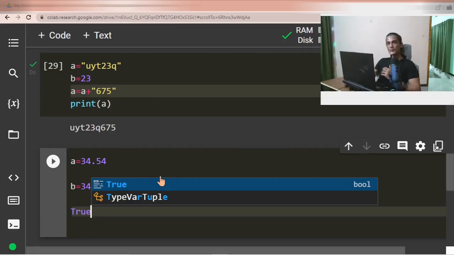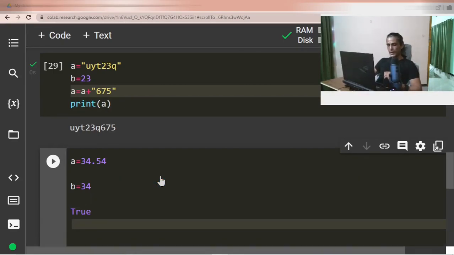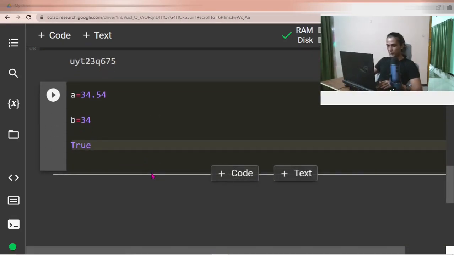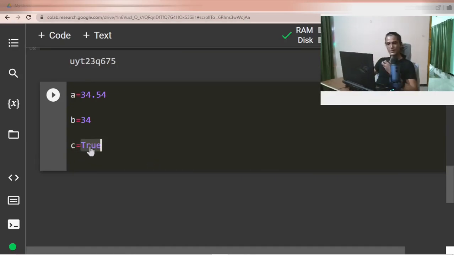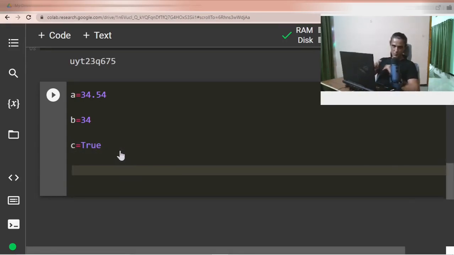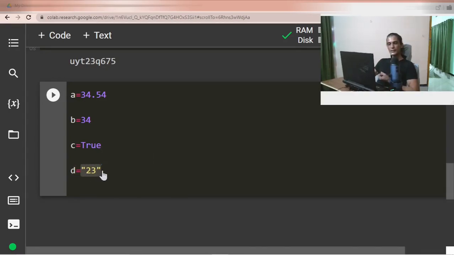This type is called the Boolean data type. And again, for example, if you write c is equal to true, the type of this true value is Boolean. I'll give you a concrete example again. Say I write d is equal to the number 23, but within double quotation marks. That time the type of this particular piece of information is a